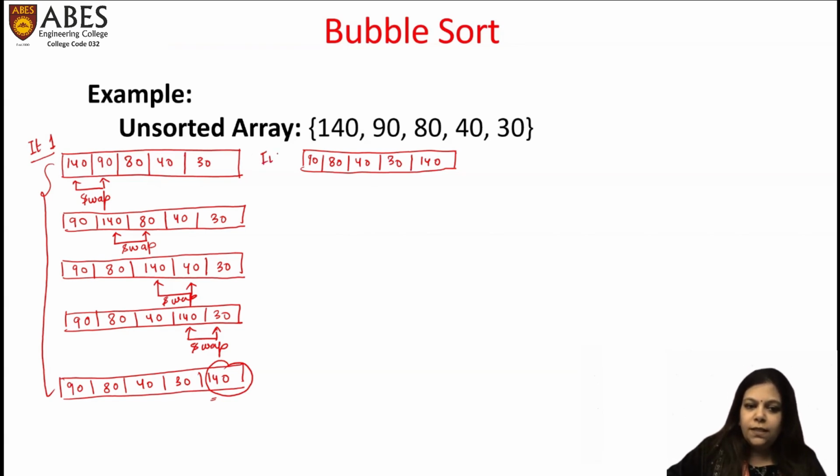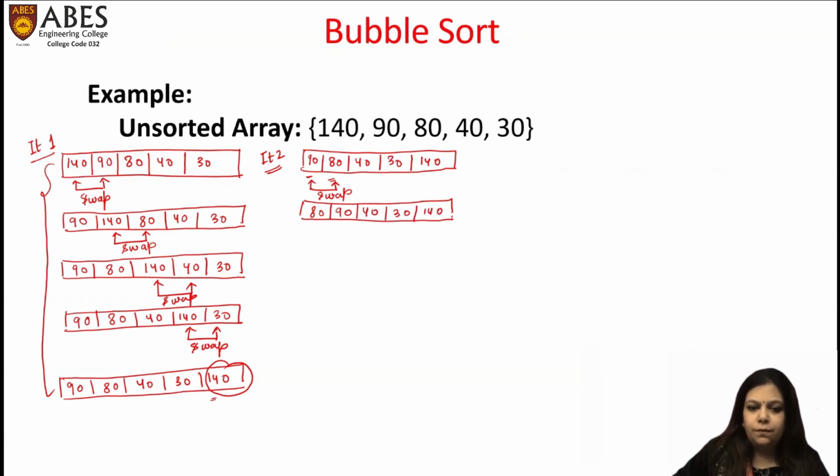So in order to perform the next iteration, again you have to start by comparing the first element with the second element, that is the element stored at index 0 with the element stored at index 1. So when you will compare these two elements, you can see that again 90 is having a value which is greater than its next element. So we have to again perform the same operation and we have to swap them. So 80 will become the first element, then we will have 90, then 40, then 30, and 140 is at